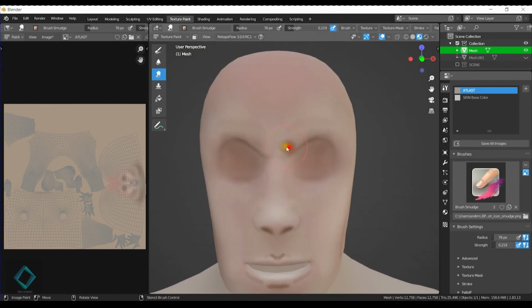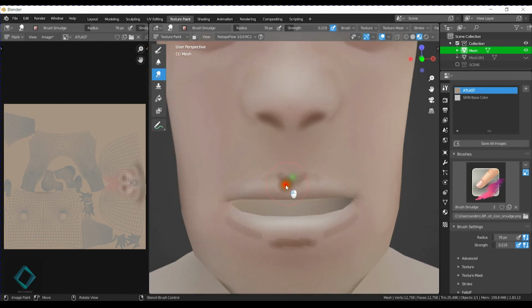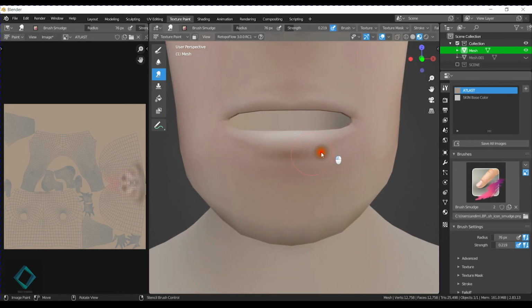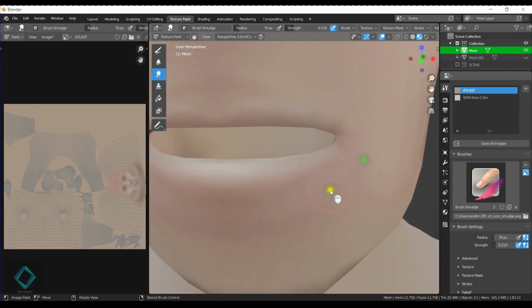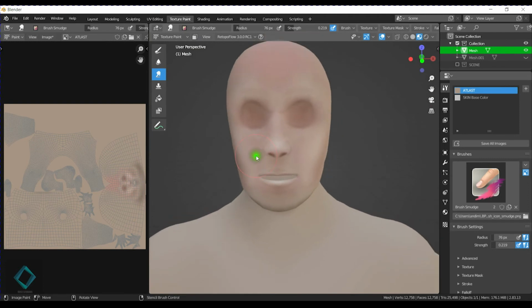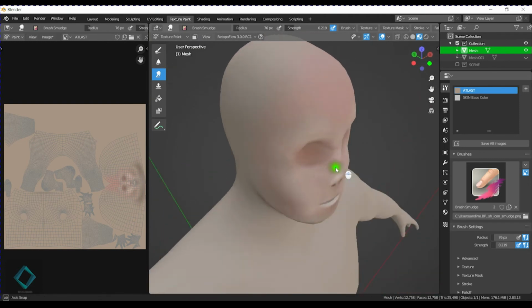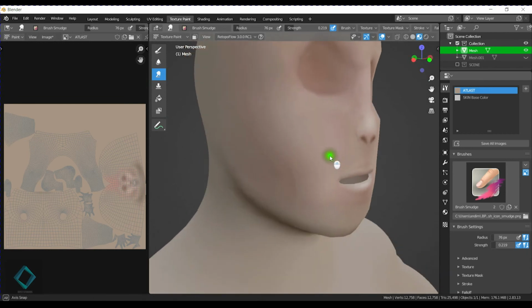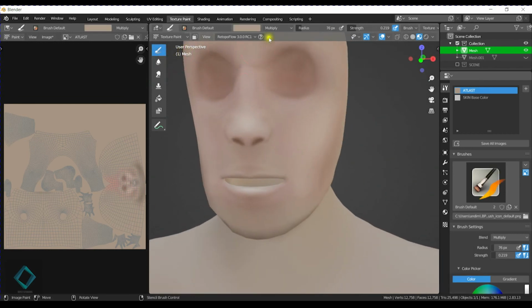Alright, cool. So we have a little bit of detail there, so you kind of get that detail in the lip. Okay. Alright, so that's basically what we're going at. Just giving it detail, and then you go back and do more detailing. Go to screen,